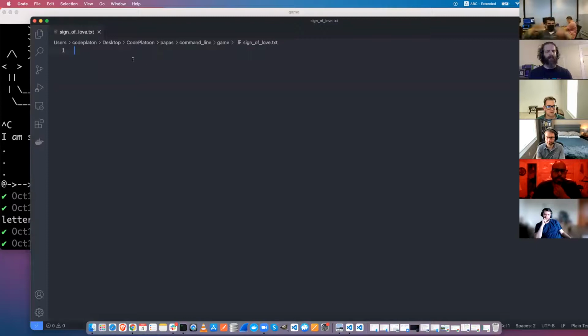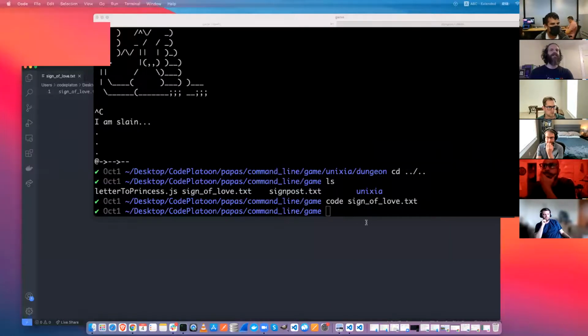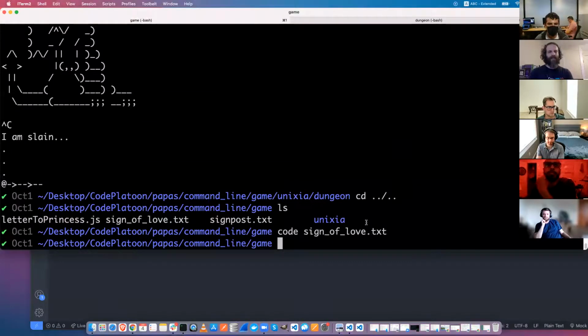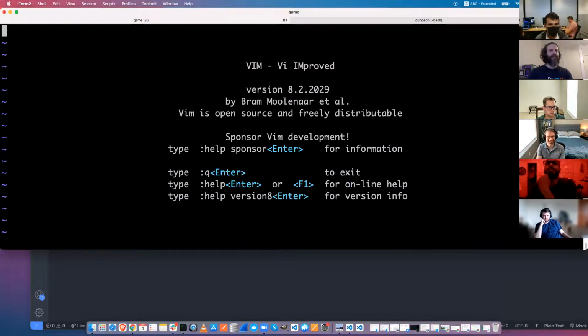Can you alter it whenever you use the less command? Not with less. Less will just read it. You can use Vim. I mean, there's a couple ways you could add. I could add this. You can redirect output, but there's actually, if you want to see it, the world's least intuitive text editor, VI or Vim.